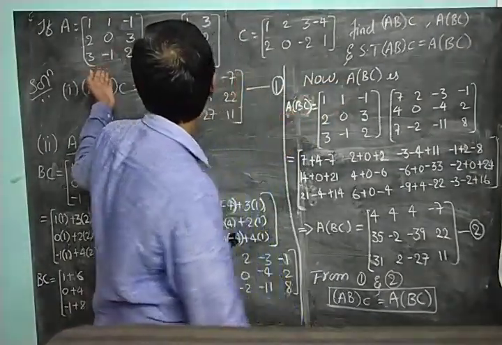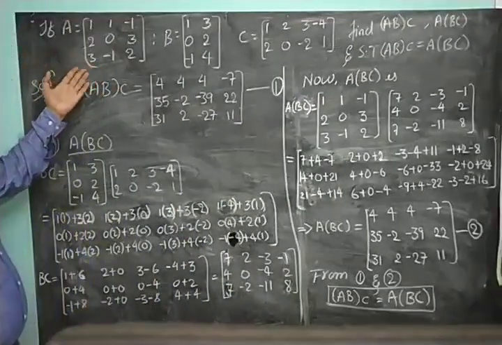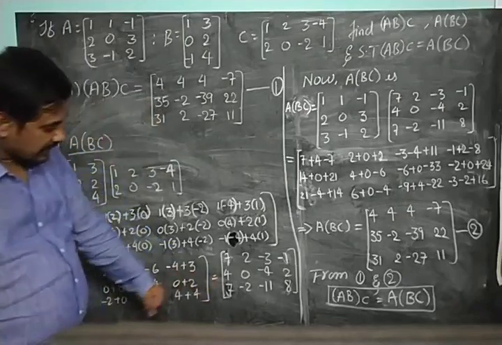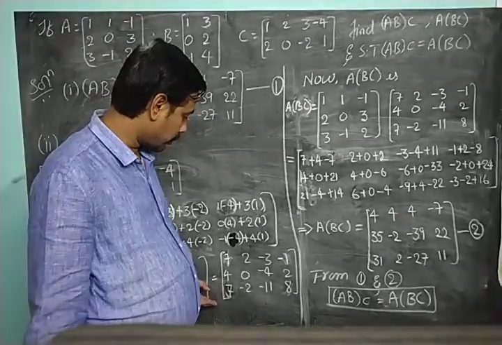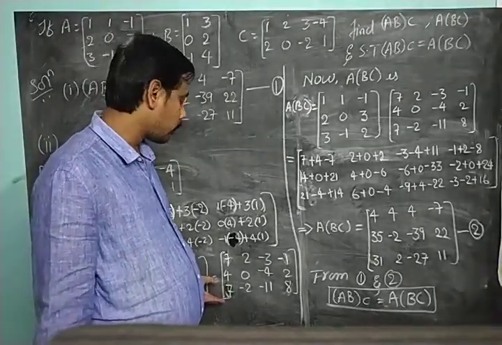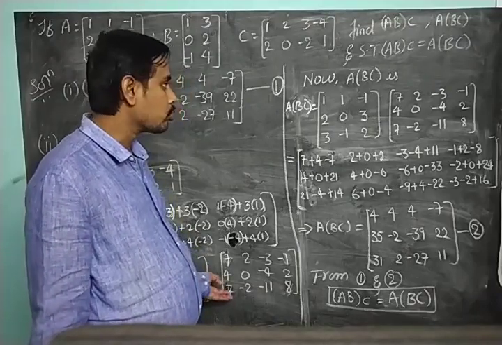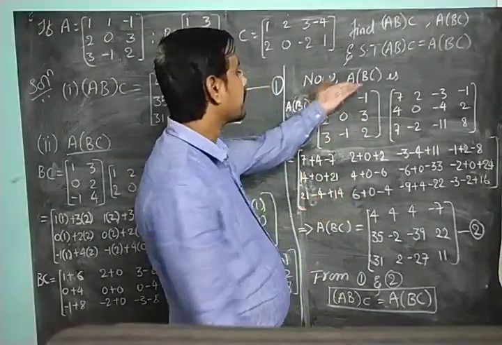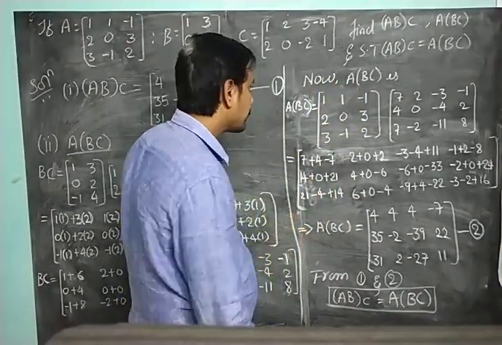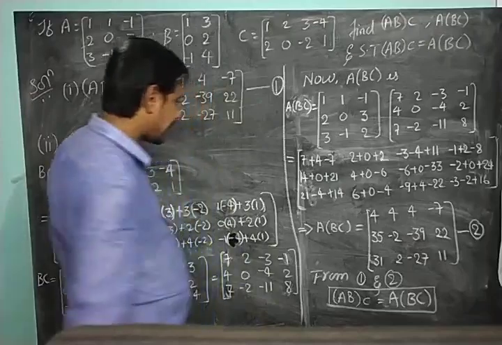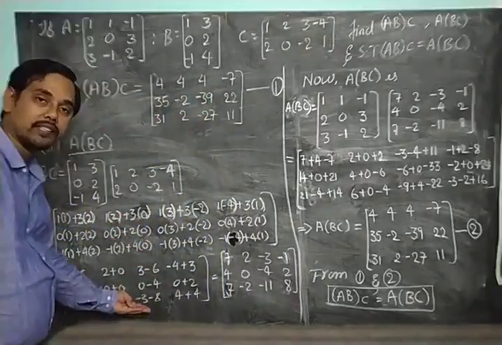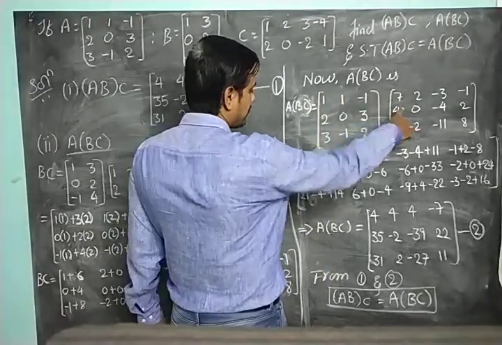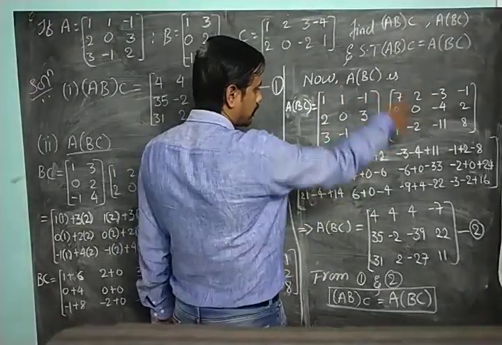A is given 1, 1, minus 1, 2, 0, 3, 3 and minus 1. And what is BC? It is here 7, 2, minus 3, minus 1, 4, 0, minus 4, 2, 7, minus 2, minus 11 and plus 8. If you multiply, you are going to get the value of A into BC. Here I am not writing this step, directly I am writing it. So pay attention and listen carefully. 1 into 7, 7. First row to first column.